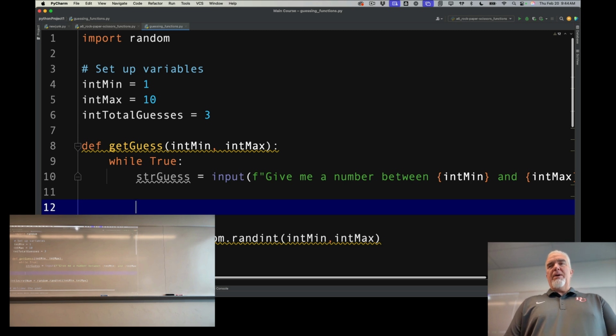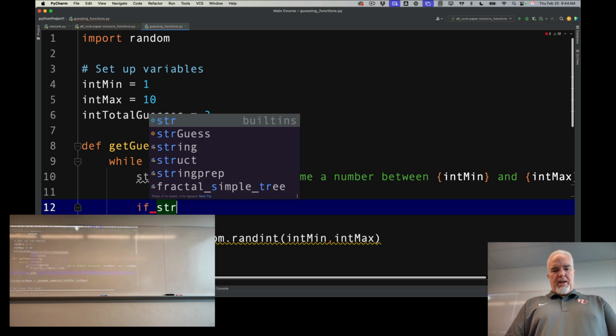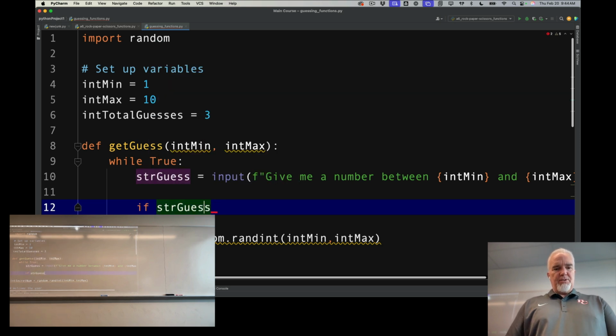Okay, the next thing we want to do is find out if that's numeric. Since we're doing an integer, we don't have to worry about the decimal. The decimal is going to disqualify it, so we want an integer. So all we have to do is ask if it's numeric. So we're going to say if str_guess, I guess I'll put it in parentheses here, .isnumeric(),